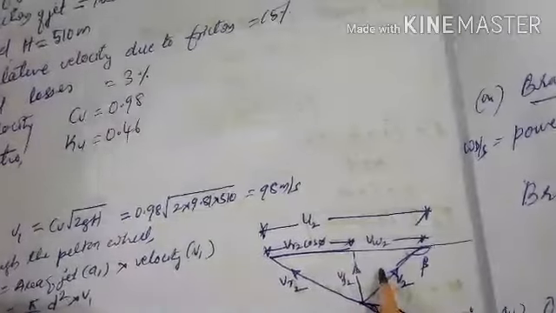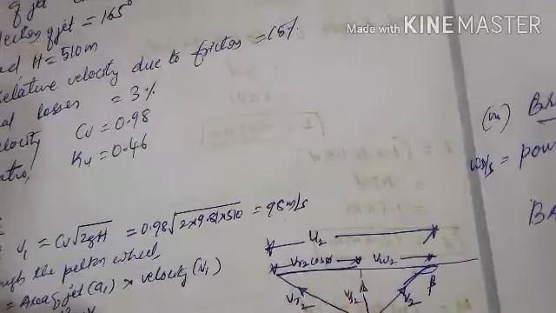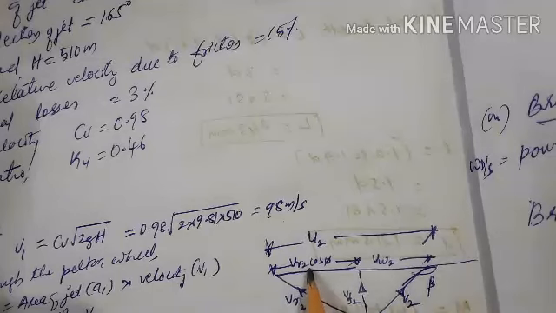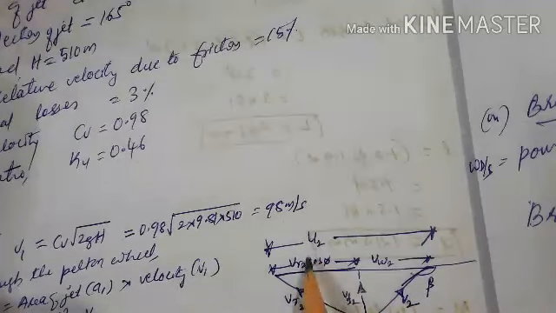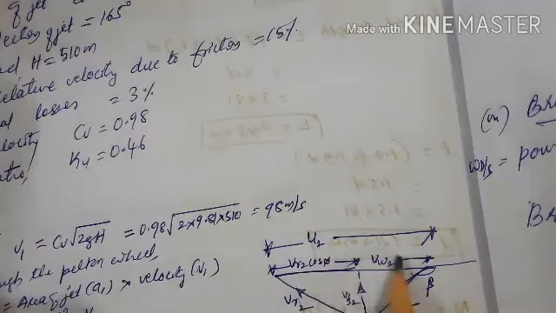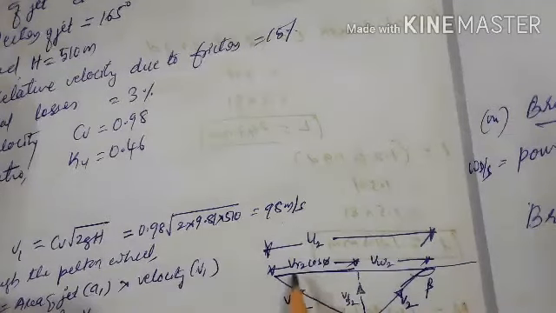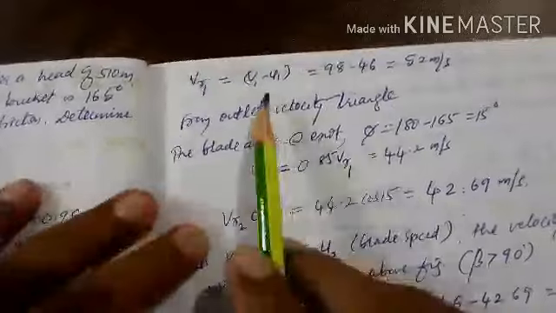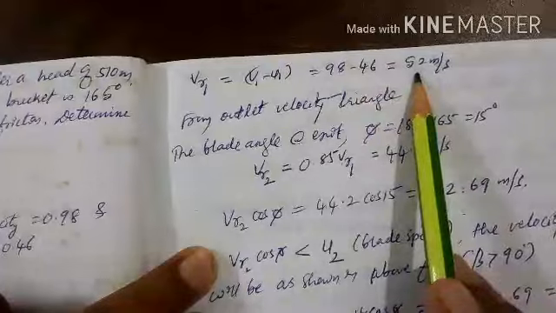And the outlet velocity triangle, the drawing of the outlet velocity triangle is very, very important here. As I said, it depends upon the value of beta. If you don't know the value of beta, it depends upon the values of VR2 and U2. These two values are to be calculated first, and based on these two values you can draw the velocity triangle. So it depends upon the quantities VR2 cos phi and U2. First you calculate U2 and VR2 cos phi. So VR1 is V1 minus U1. From the inlet velocity triangle we get 52 meter per second.